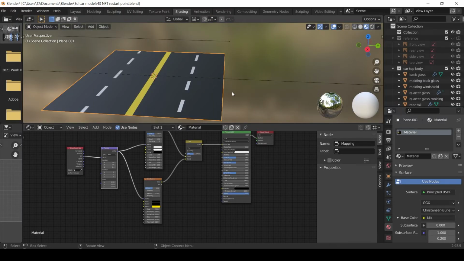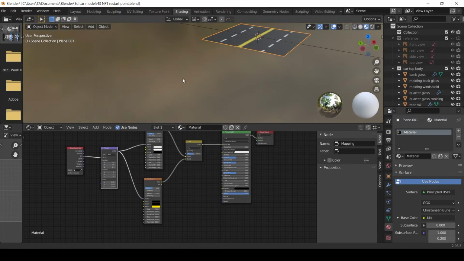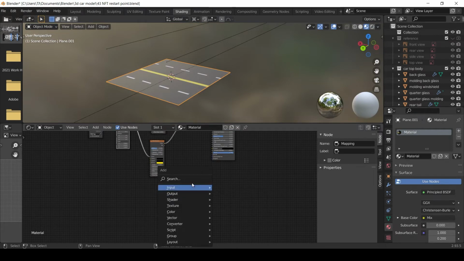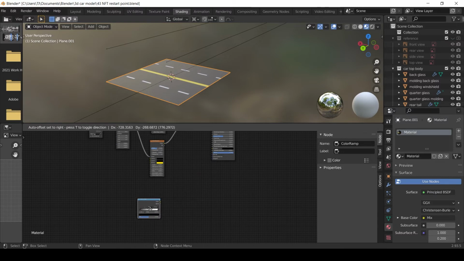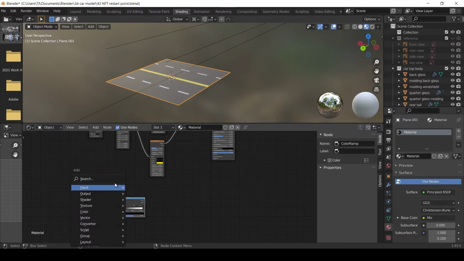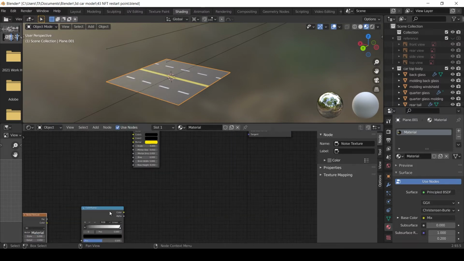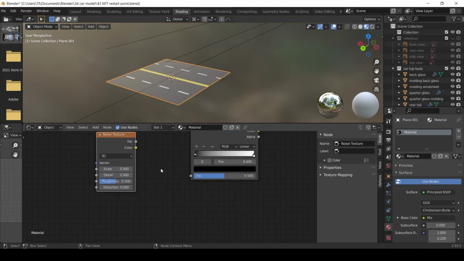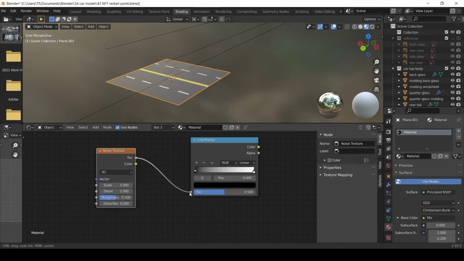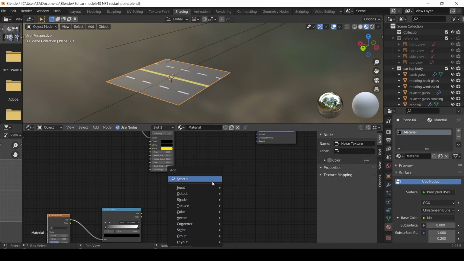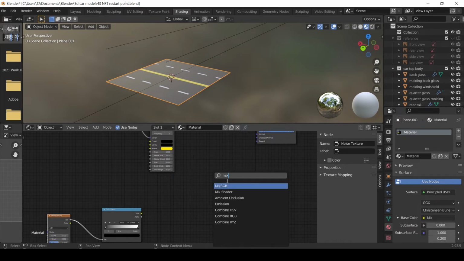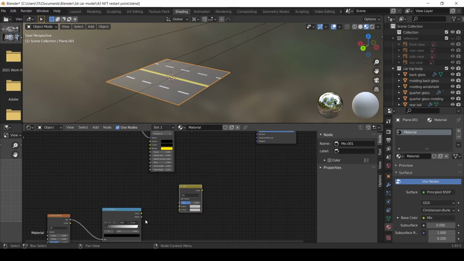So now that we've got the road set up like this, we need to create some texture. We'll add in a color ramp and a noise texture, and we'll hook up the factors together. We'll now need another mix RGB node, so we'll hook up the color to color 2 from the color ramp,